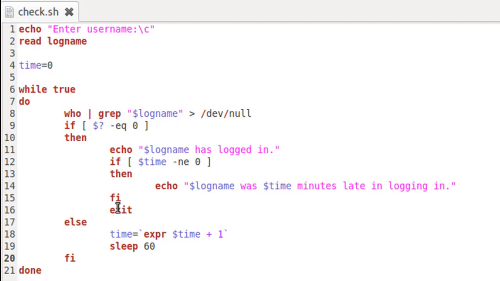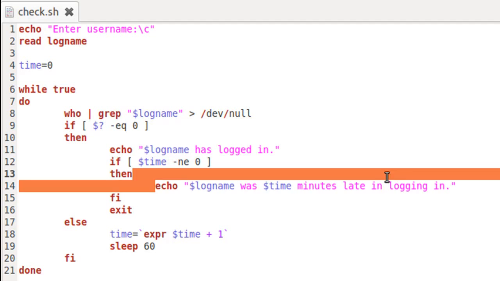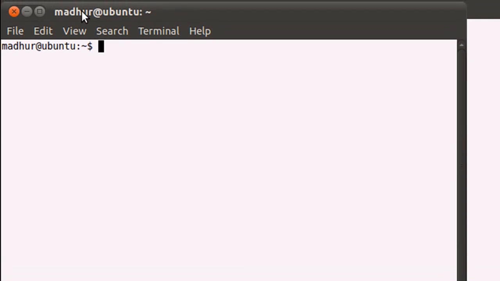And inside this if block, we are first using echo to display a message like the user has logged in, and then we are checking for the value of the time variable. If the time variable is not equal to 0, only in that case we are displaying a message that the user was $time minutes late in logging in, and that's just going to display the current value of the time variable. So now what I'm going to do is I'm going to open up another terminal window,